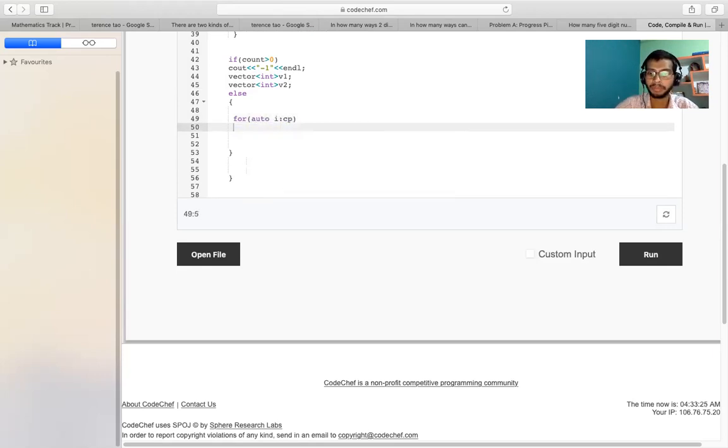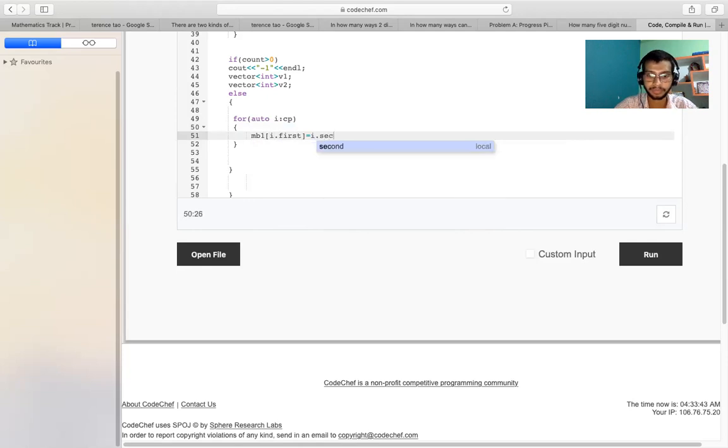For auto cp, again in cp, we will run a loop in which we'll do mv1 of i.first. In the section of the key, I'll simply store i.second by 2.